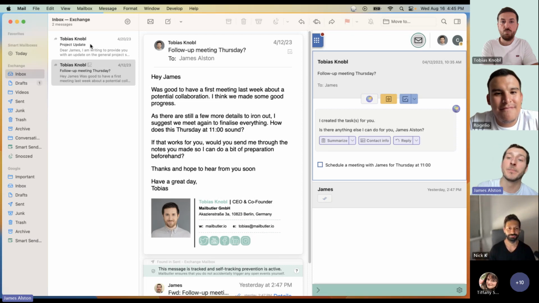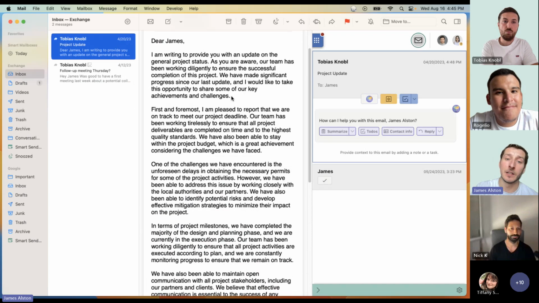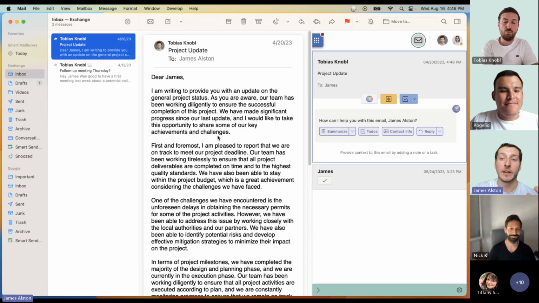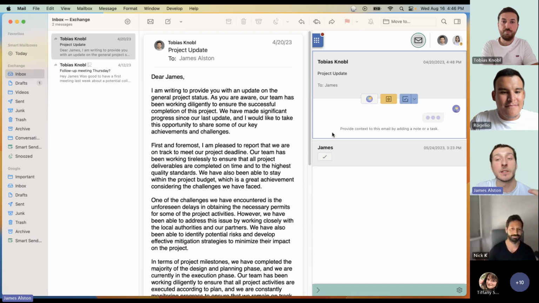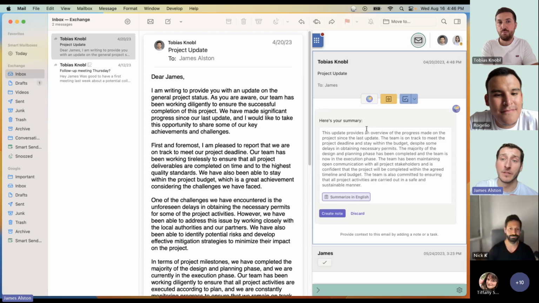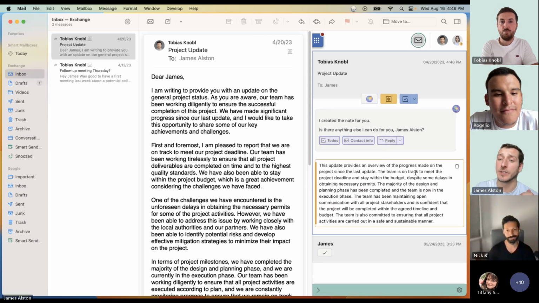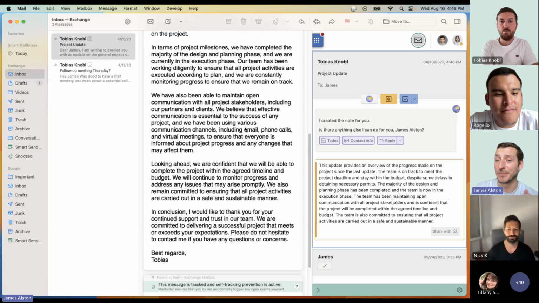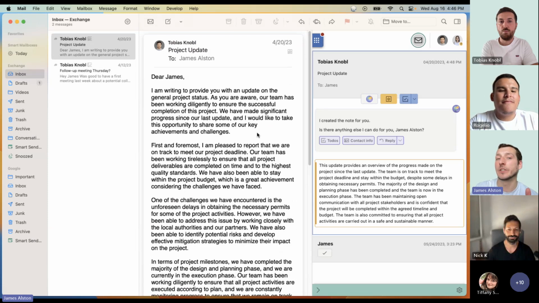And the very last feature is, you can see here I have a slightly longer email, and maybe I don't have time to read through the whole thing, so I can click on the Summarize button, and this Smart Summarize should give me a slightly smaller bite-sized summary of this message. And from here, you can directly create a Mailbutler note. And as you can see, you can then go in and edit it as you see fit. It's still quite long, but not quite as long as the email. So those are the 6 features.